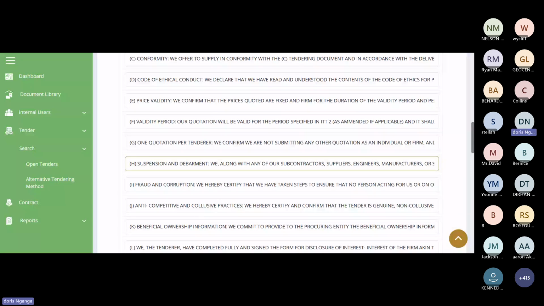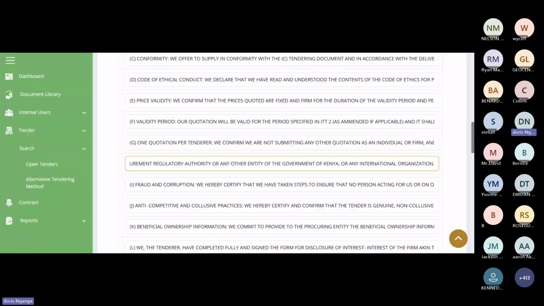We, along with any of our subcontractors, suppliers, engineers, manufacturers, or service providers for any part of the contract, are not subject to and not controlled by any entity or individual that is subject to temporary suspension or debarment imposed by the Public Procurement Regulatory Authority or any entity of the Government of Kenya or any international organization.